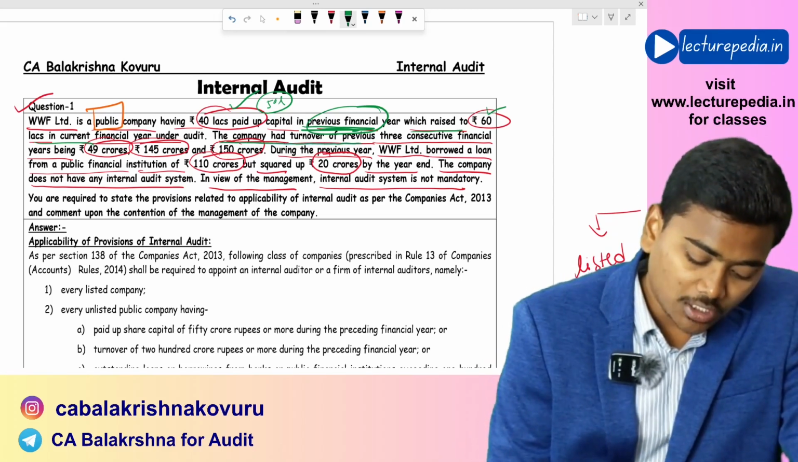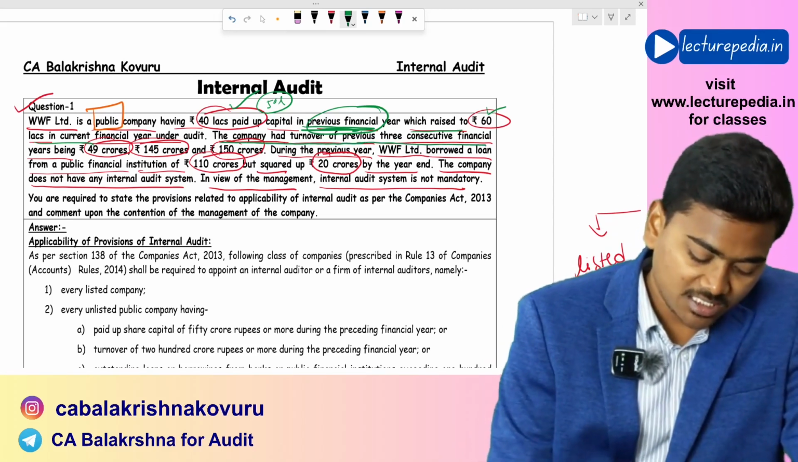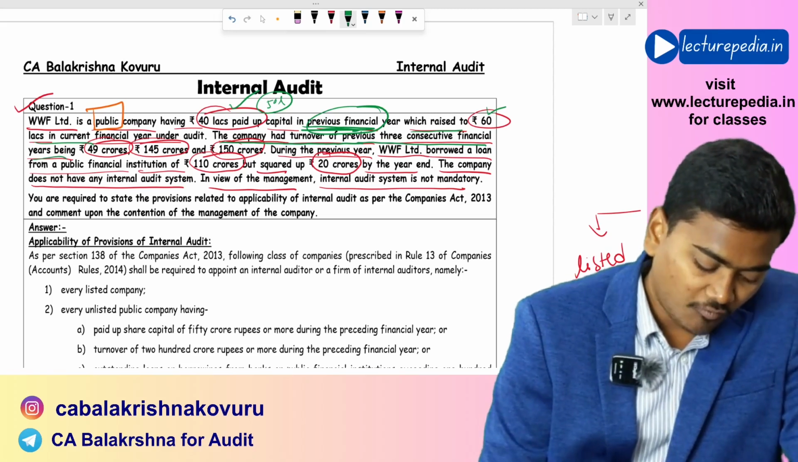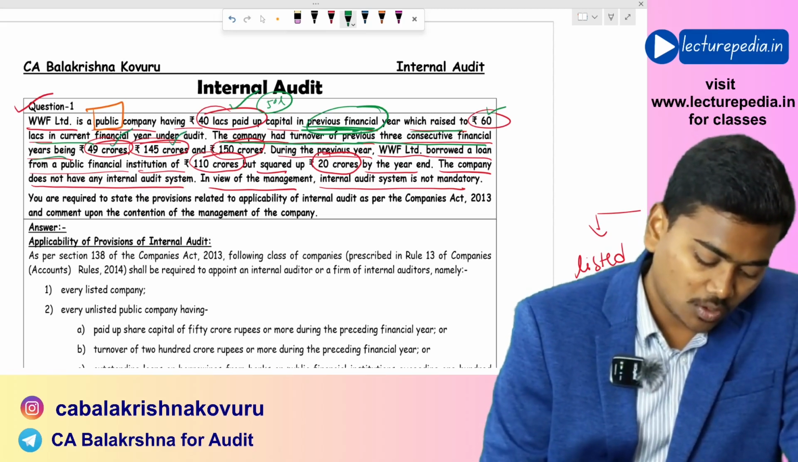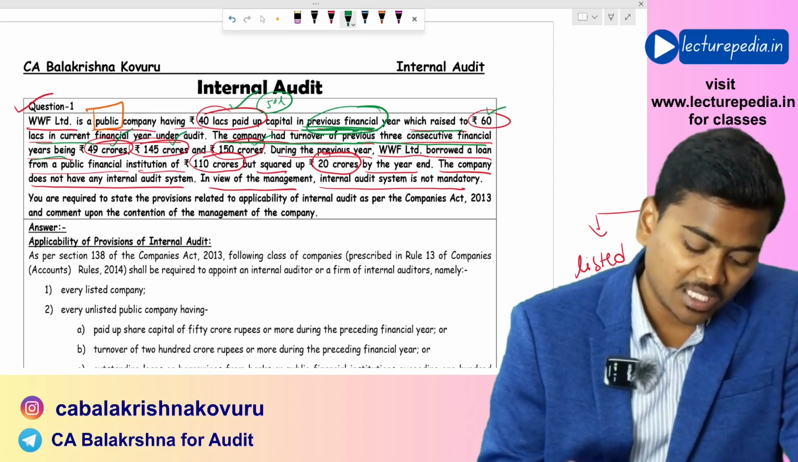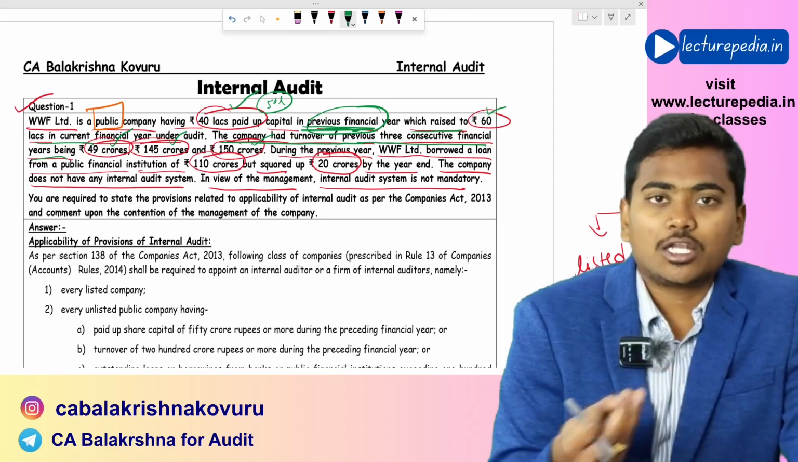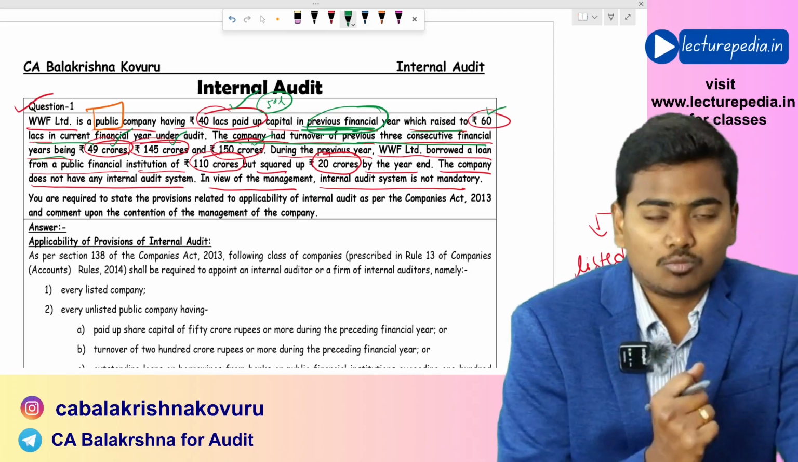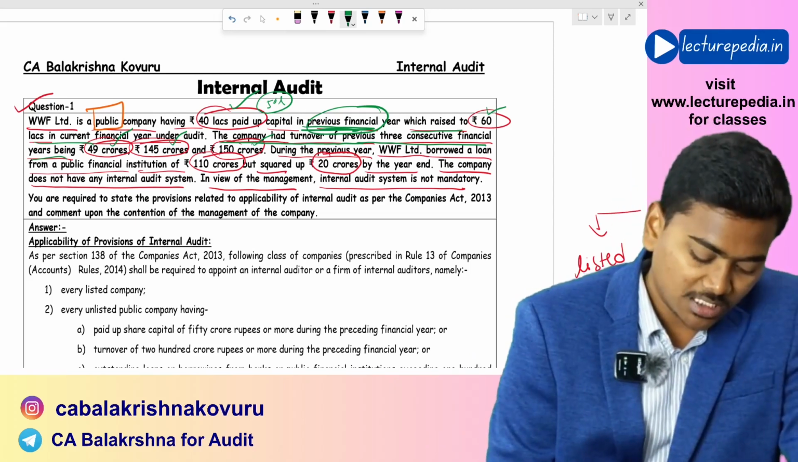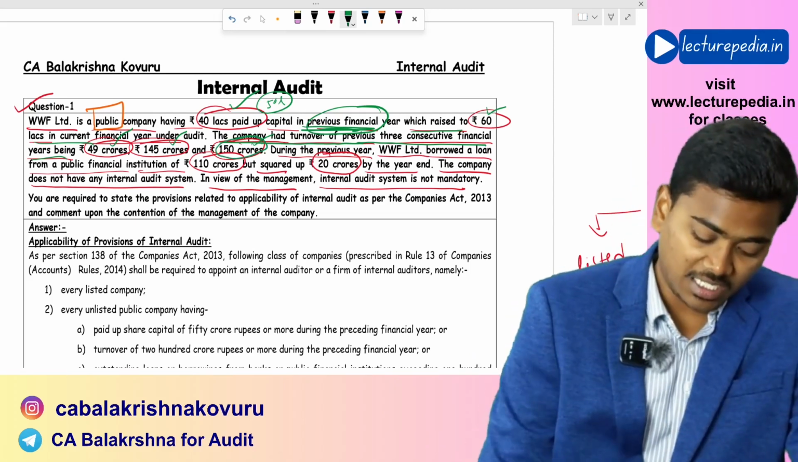The company had turnover of the previous 3 consecutive financial years being 49 crores, 145 crores and 150 crores. Even the turnover criteria is not satisfied. Turnover should be 200 crores or more, right? Even that is not satisfied because it is only 150 crores during the previous year. Next,